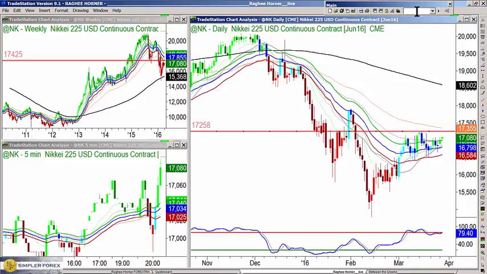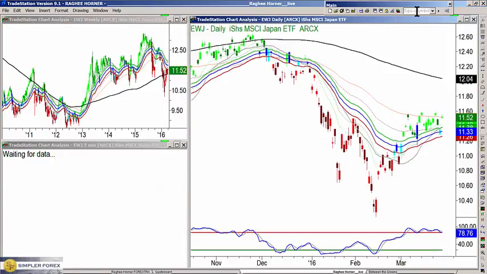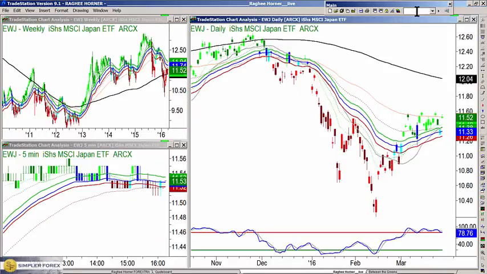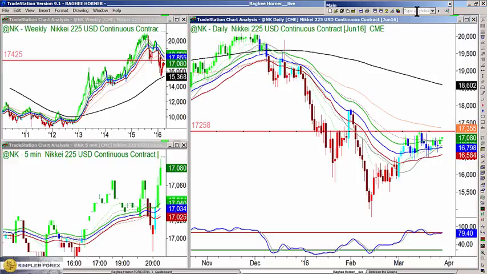You could look at Nikkei futures. You could also look at the EWJ ETF. I prefer Nikkei futures. This is going to dictate what I think is going to happen to the yen and some of the ComDolls during the Asian session. That's going to continue on till about 2 a.m. Eastern, when Europe gets into the picture, 3 a.m. Eastern when the UK gets into the picture, and then 4 a.m. Eastern when the Asian session closes, when the Asian markets close.